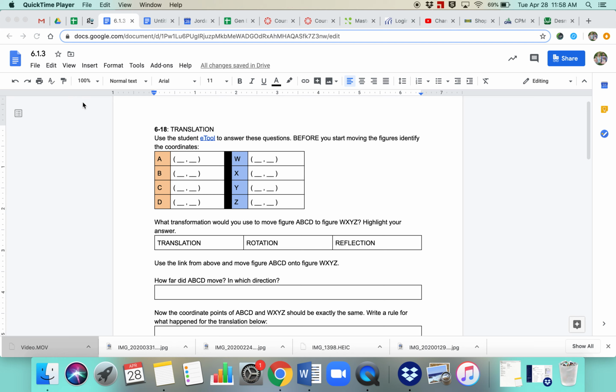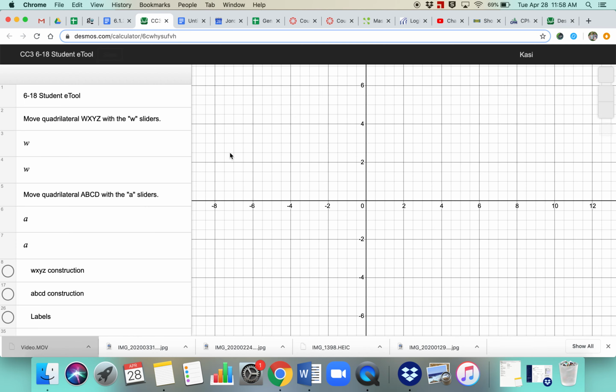This lesson is going to focus on what happens with the coordinates after a transformation has occurred. So, 6-13, we're looking at 6-18. Use the student E tool to answer these questions. Before you start moving the figures, identify the coordinates. So you're going to go ahead and click on this link, and it's going to open up an E tool,